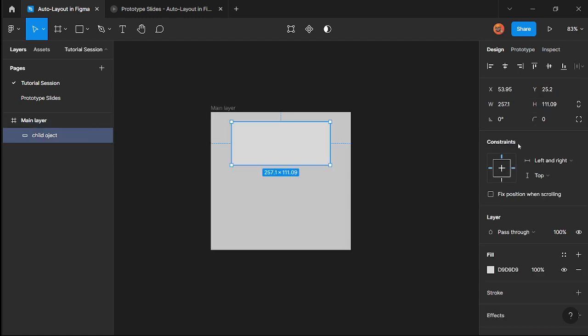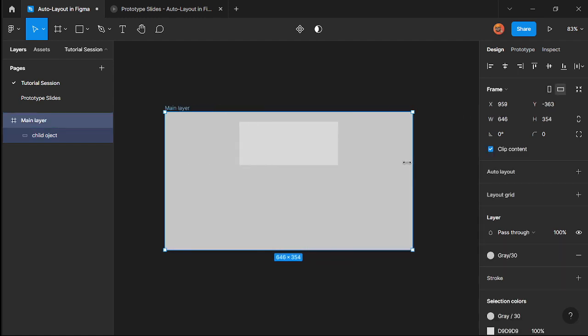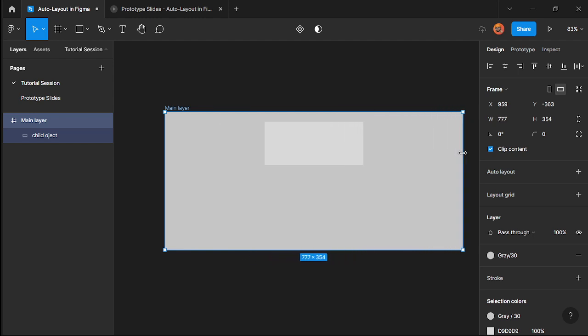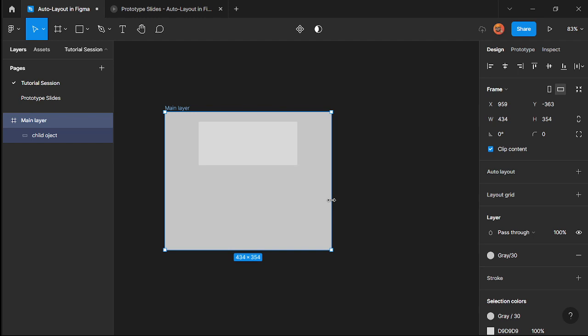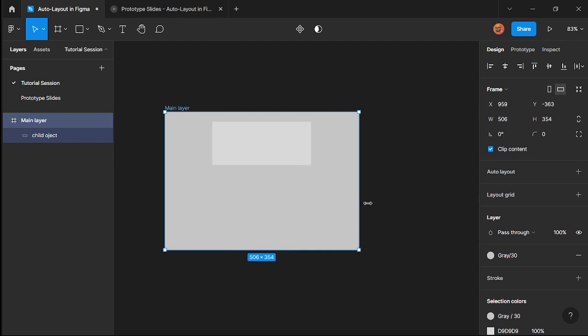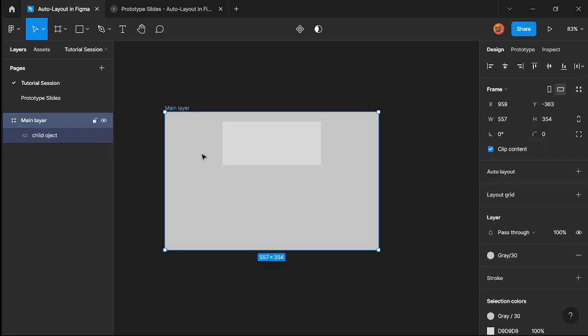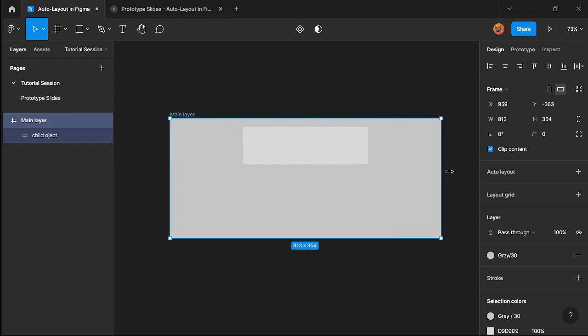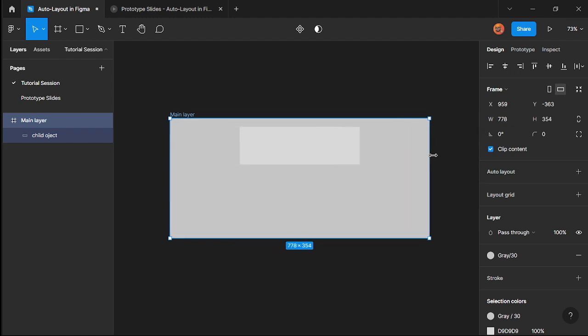And the next one that we have on the constraint is what? Center, meaning that what? Regardless of how much I move this, can you see what is happening? The padding is increasing, but the size of that object is not increasing. It's just like the opposite of left and right constraints. The last one that we have is what? Scale. It increases in the same what? Proportion. As I increase this, can you see this? Both the padding, that's the space between here, and also the object size in terms of the width, it increases,